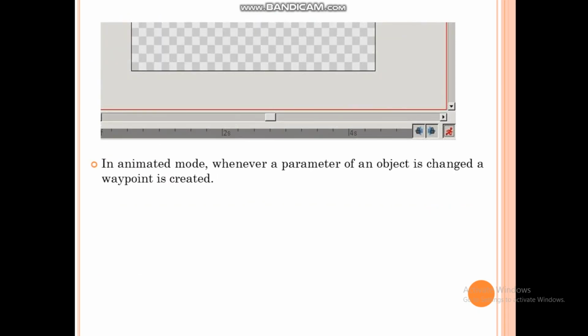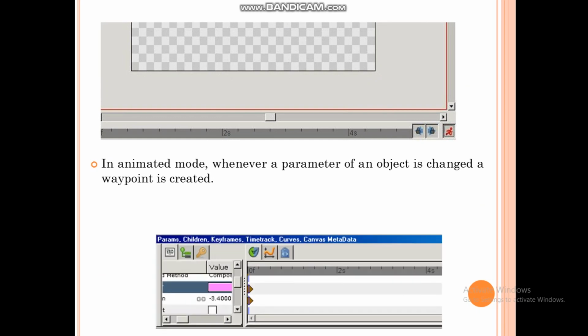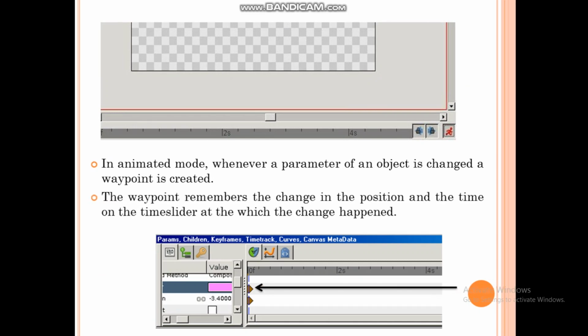Remember, in animated mode, whenever a parameter of an object is changed, a waypoint is created. So whatever changes you make, for example, if you move circle, or if you change the size of a rectangle, it means you are changing the parameter of an object. So whenever you change any parameter, it will show you a waypoint.